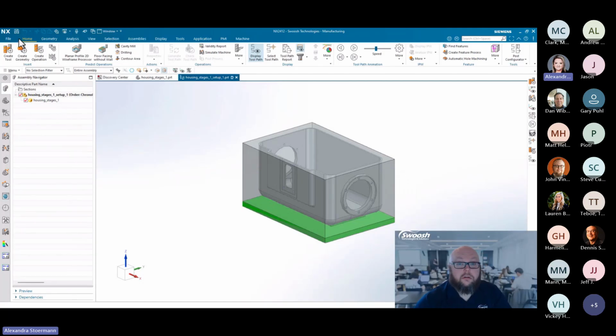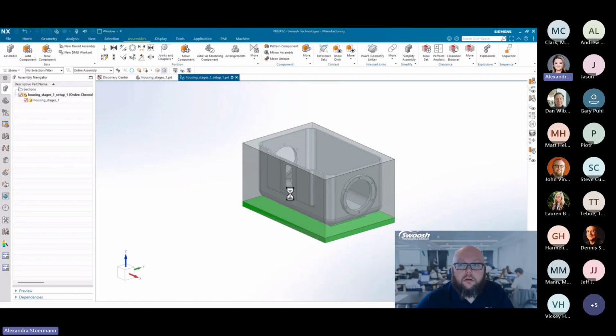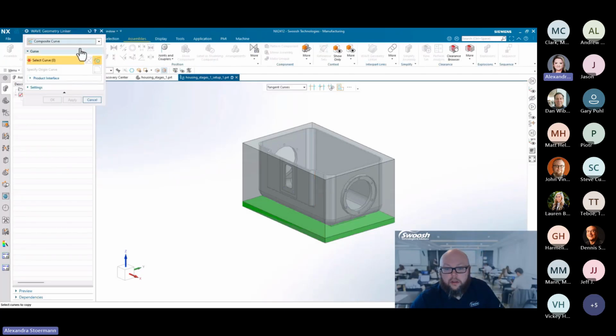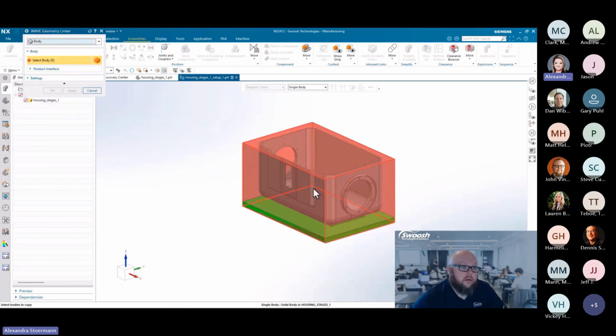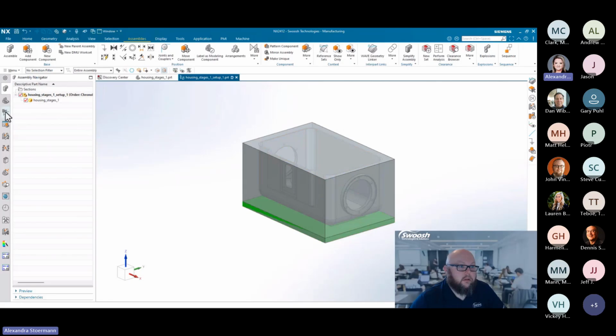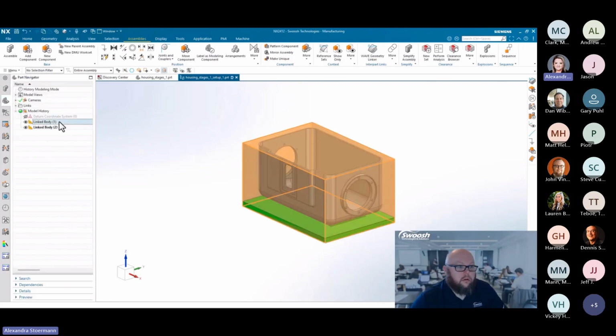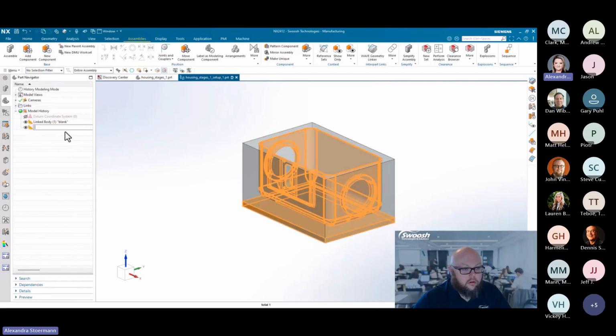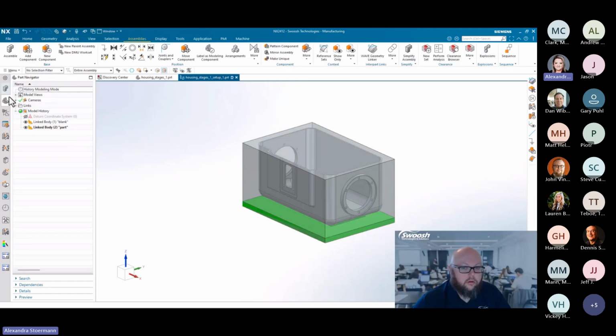First thing I like to do is create my link bodies, because I always like to program off of my link bodies. Let's start by, there's our raw material, and second will be the actual staged model. All right, so we have our part set up,